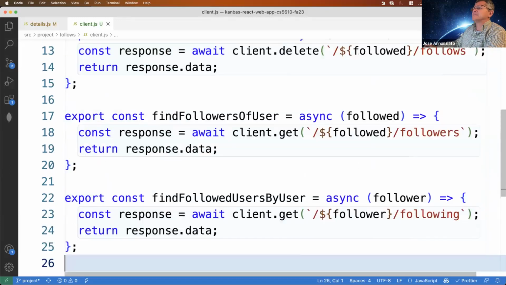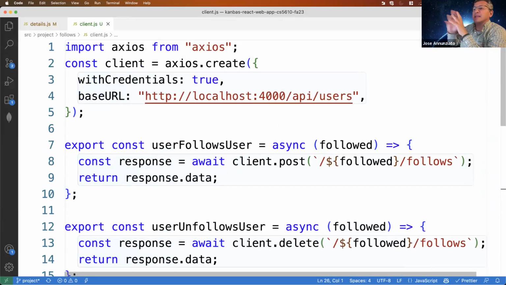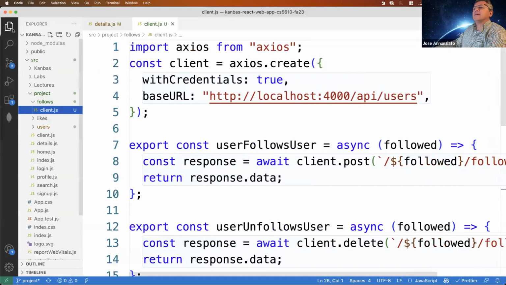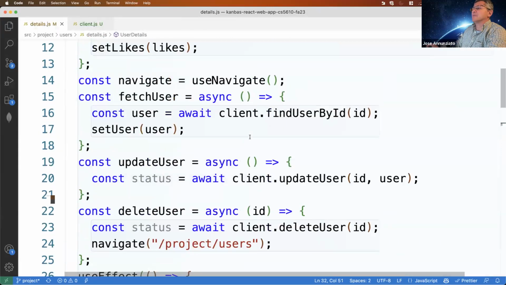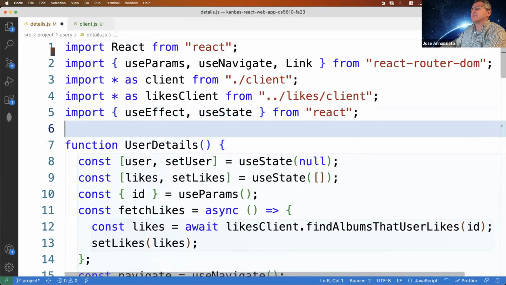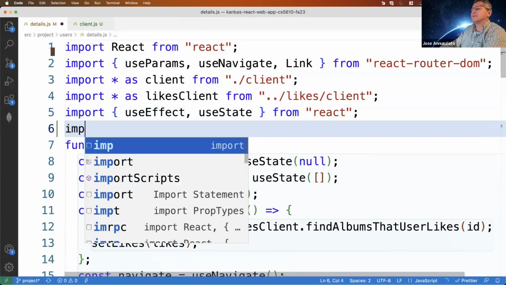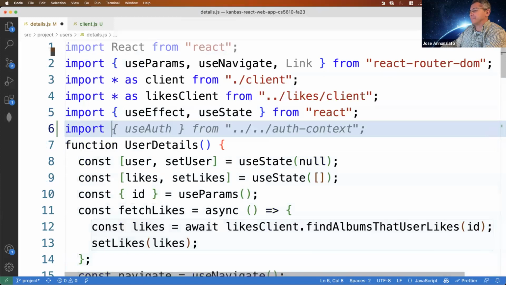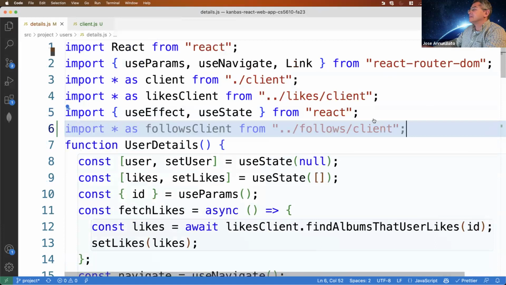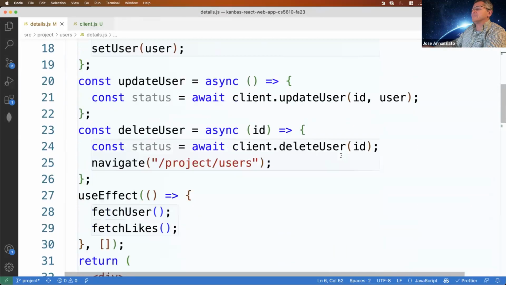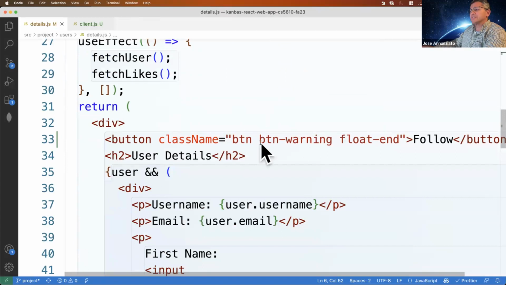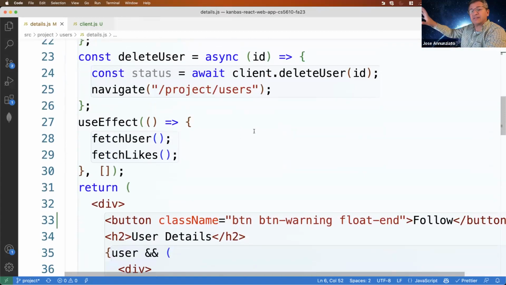All right. Now that we have the client implemented, in the detail screen we can bring in that client. So this is import star as followsClient. Is that where it's implemented? Yeah. Okay. So when we click on this button, we want to send that post.